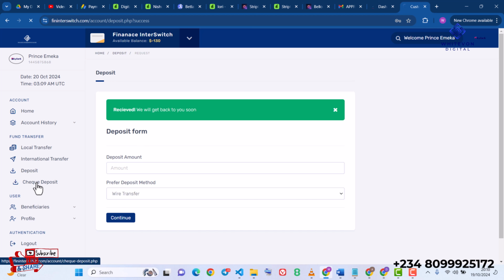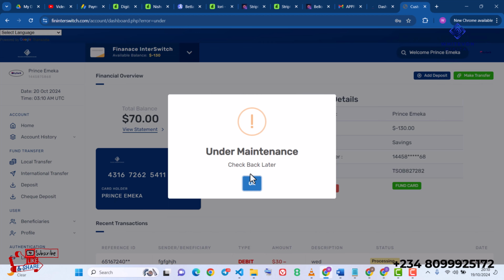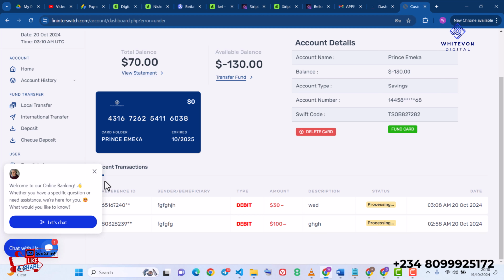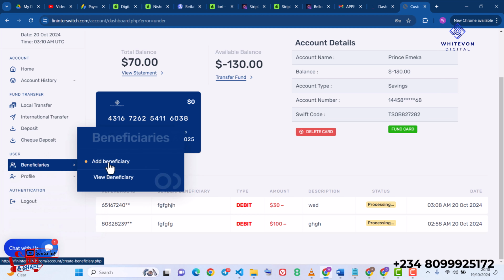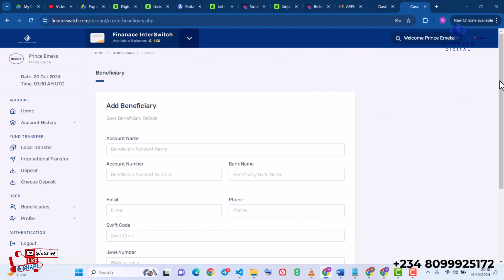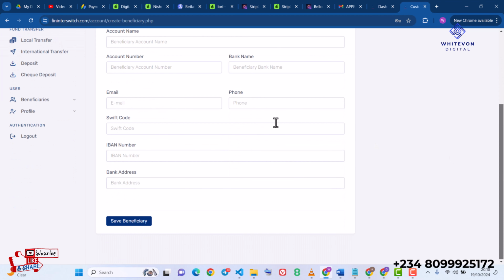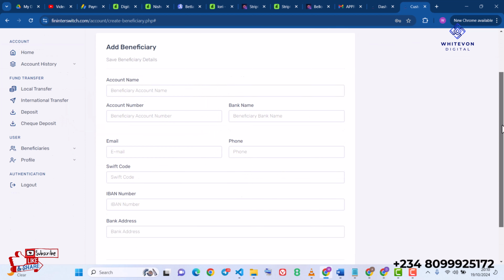So over here we have the check deposit. So a check deposit can be made on this bank, and then it says under maintenance, check back later. And then over here I'm just going to remove this, and then we have beneficiary, and then we can add a new beneficiary to the bank. So I'll just go ahead and click on account name, and then fill in the right details in the form. And then over here we have profile to be able to view profile, and at the end we have